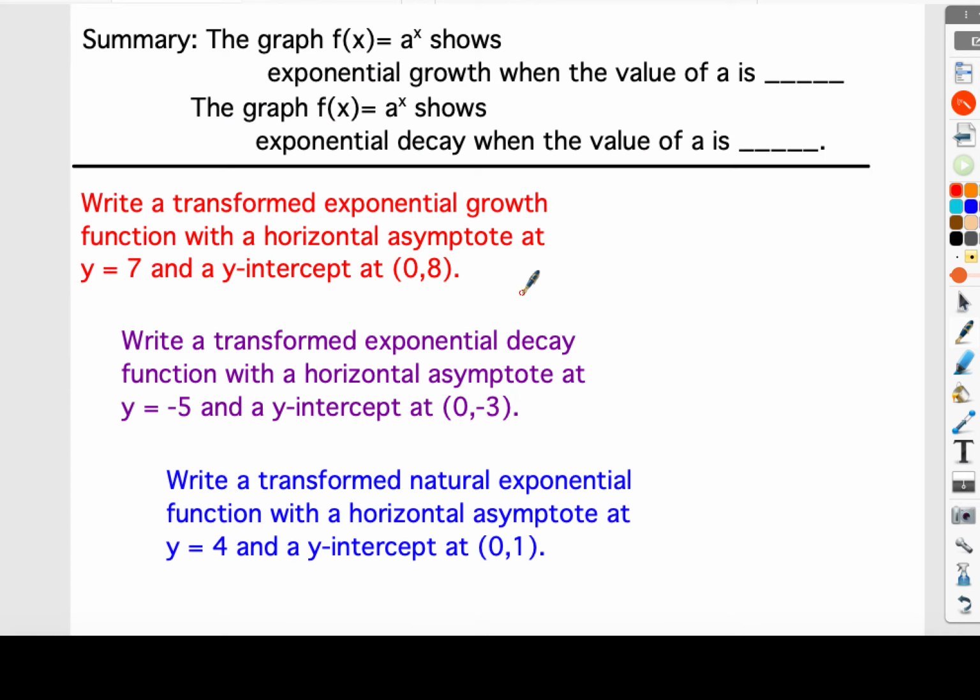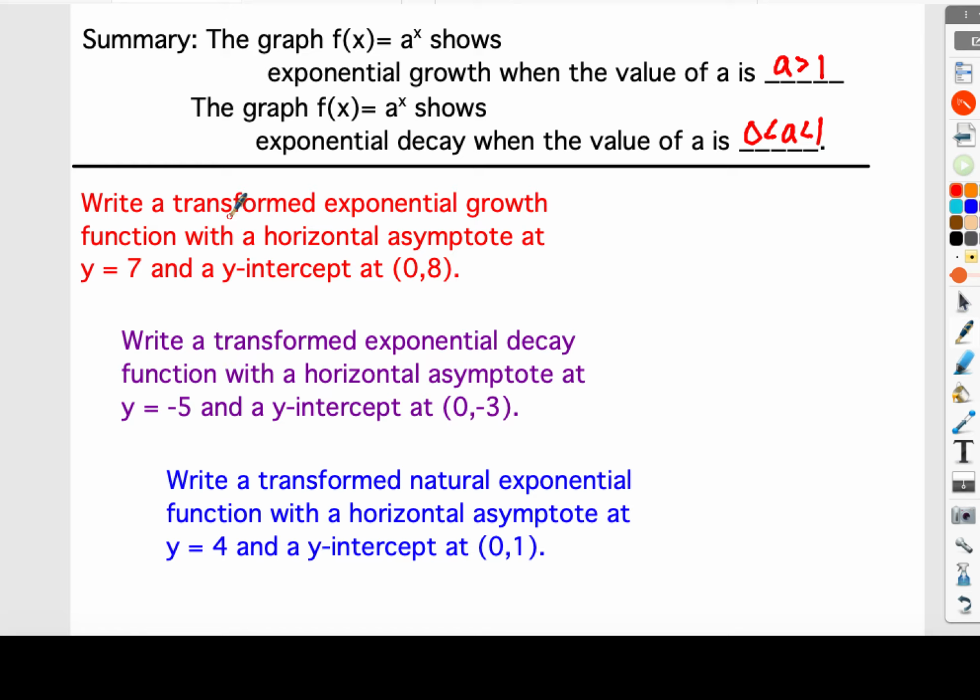Let's write out a couple of things just very quickly to finish this video off. The graph of f of x equals a to the x will be exponential growth when a is greater than 1. But it'll be decay if a is somewhere between 0 and 1. So when we're down here at the bottom and it says write a transformed exponential growth function, well, they're not giving me a value, right? So I'm just going to sort of grab